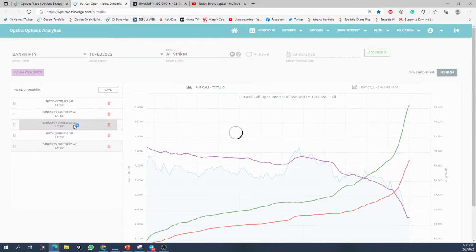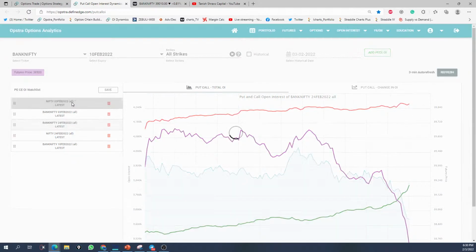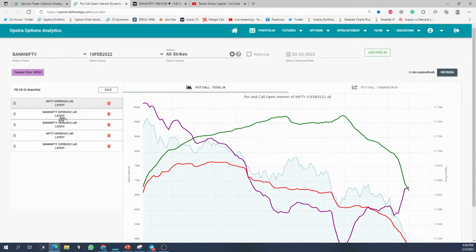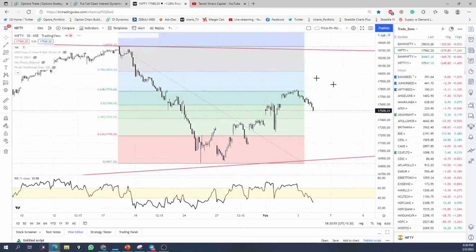But looking at the monthly data, Bank Nifty is still bullish. Comparatively bullish in the sense that it slightly has the upper hand, whereas for Nifty the data still shows comparatively higher puts. So going by the Nifty chart, my view is,